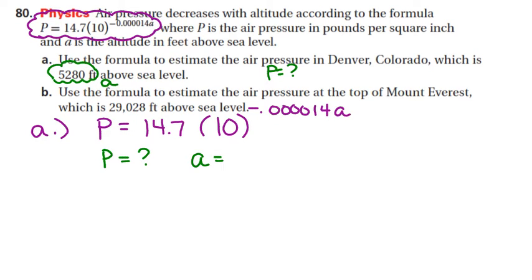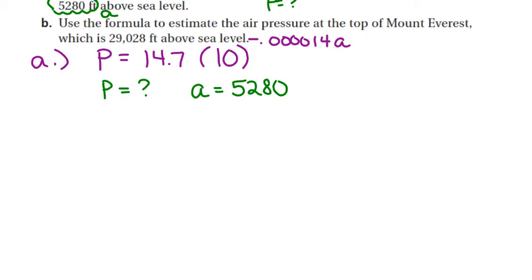They give us an altitude of 5,280 feet. We go ahead and plug A into the purple equation and find our P, which will be our air pressure. So P equals 14.7 times 10 raised to the negative 0.00014 times